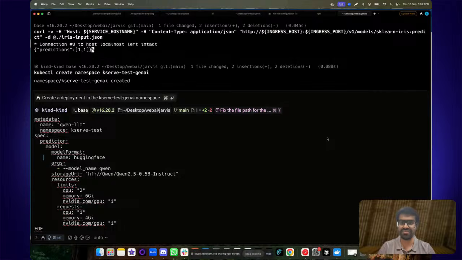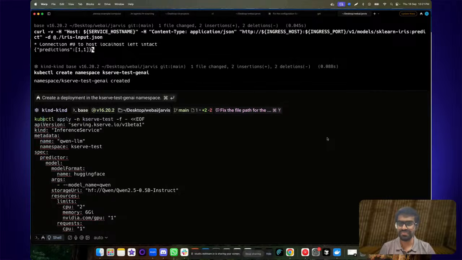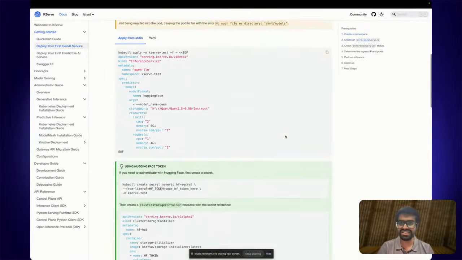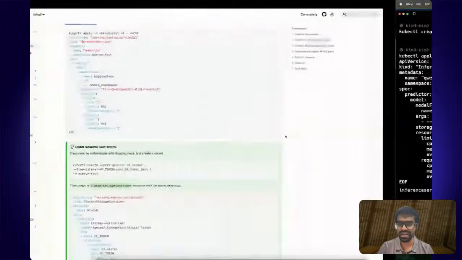In this case, we are also providing a Hugging Face model, and we'll say apply, and give it the namespace as Gen AI. So that's created, and we will apply.